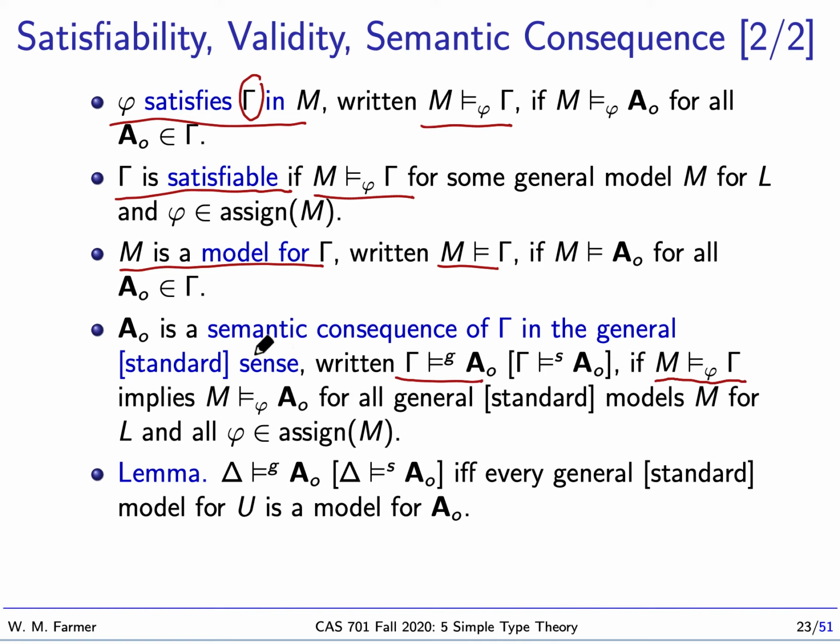And the other definition is A is a semantic consequence of gamma in the standard sense, which we write like this,